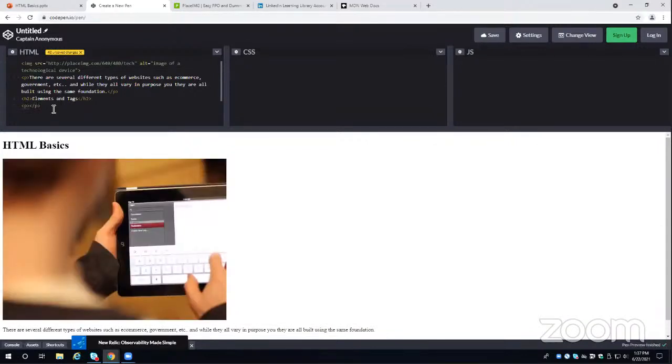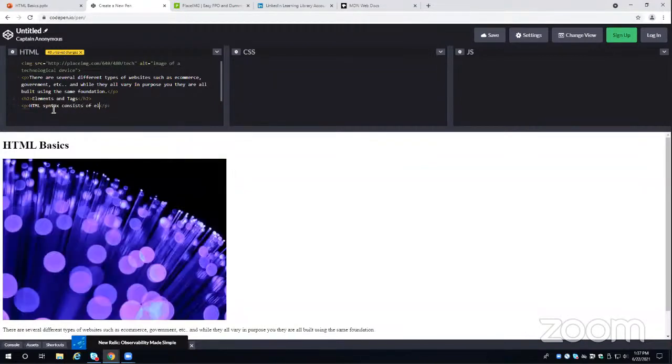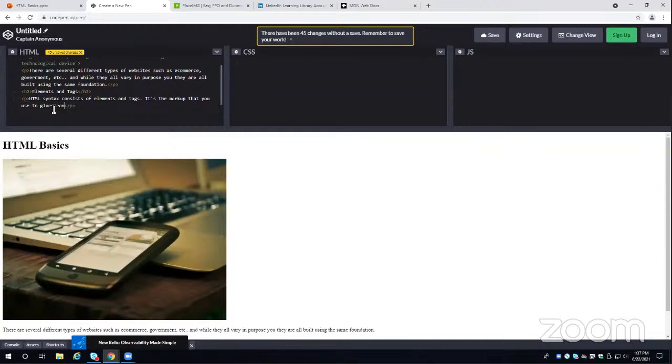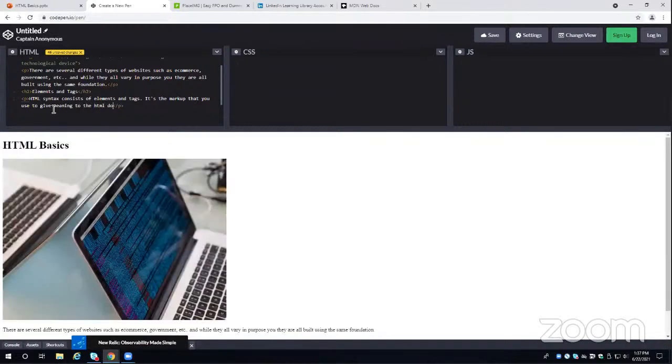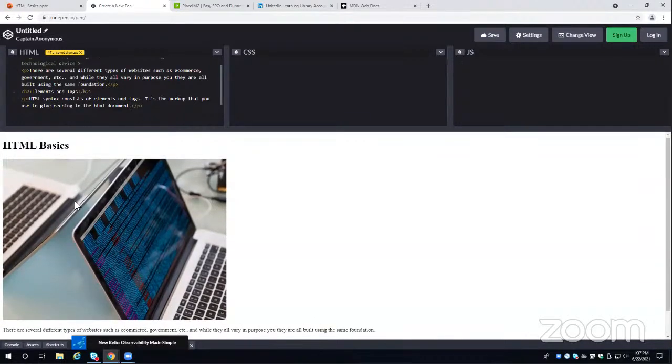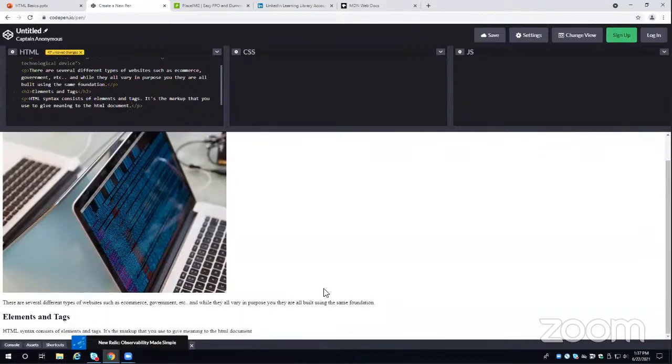And sandwiched in between, HTML syntax, elements and tags, markup, used to give meaning to the HTML document. And that is what it looks like. So we've got our H1, our image, a paragraph, which comes out to be a sentence, another subheading, our H2,